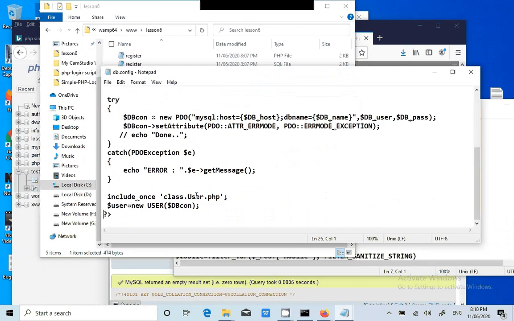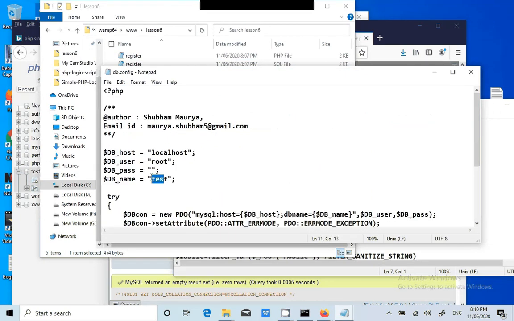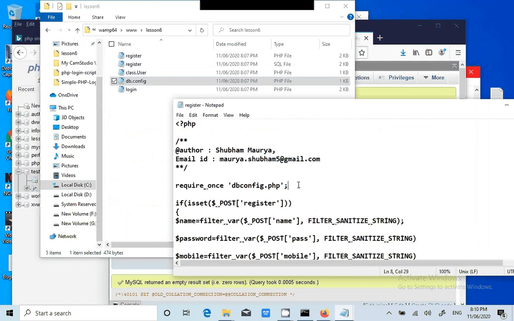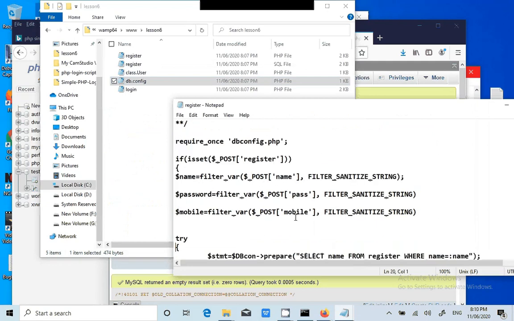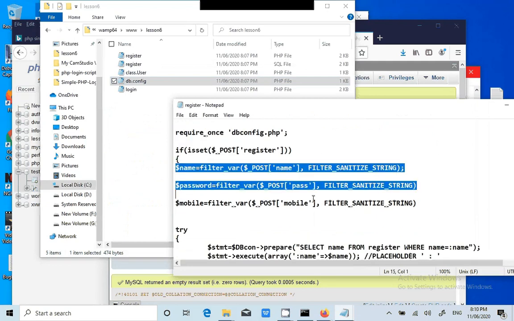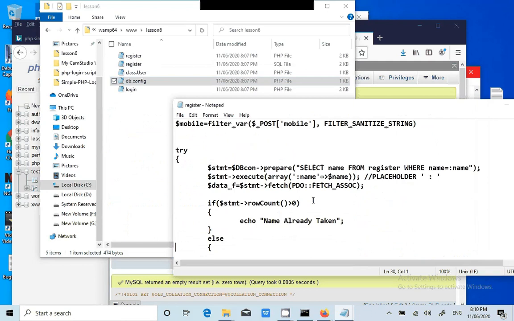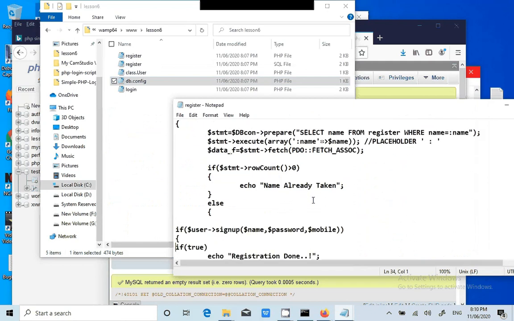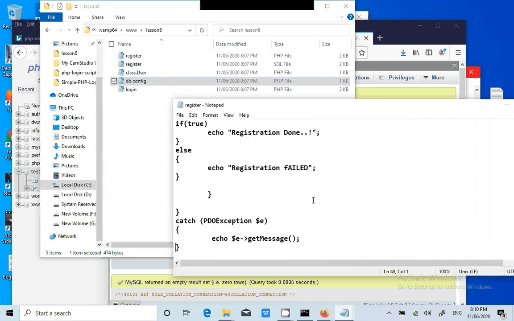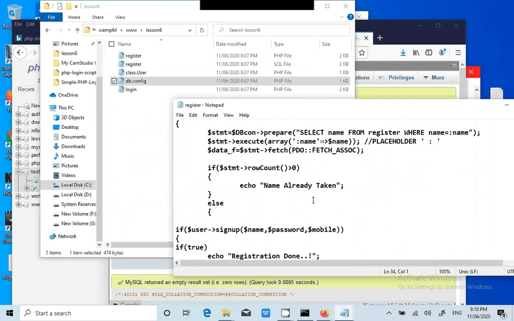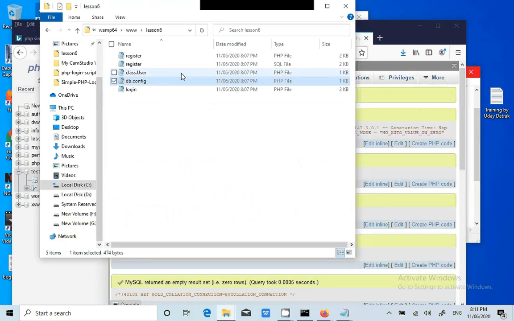Now we connected to a particular database successfully once this file is loaded. After that, it is taking our input fields, whatever we have entered, and then the registration is checking, it's inserting the records in the database. Nice.